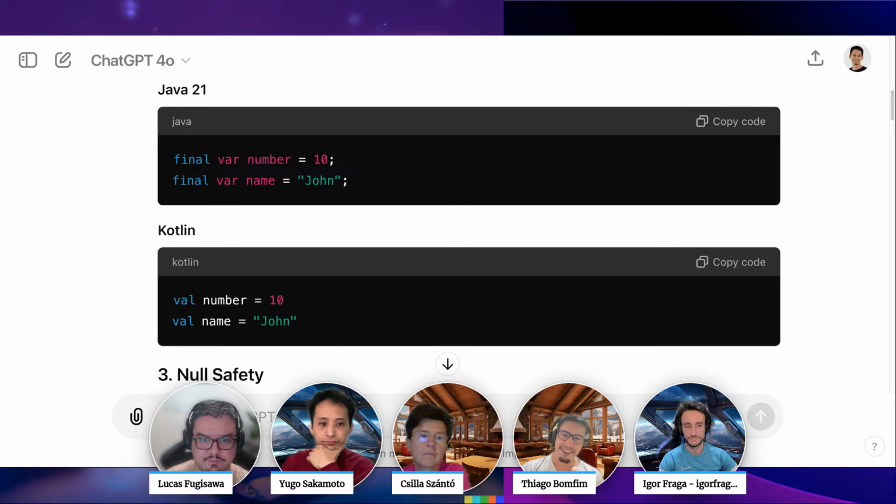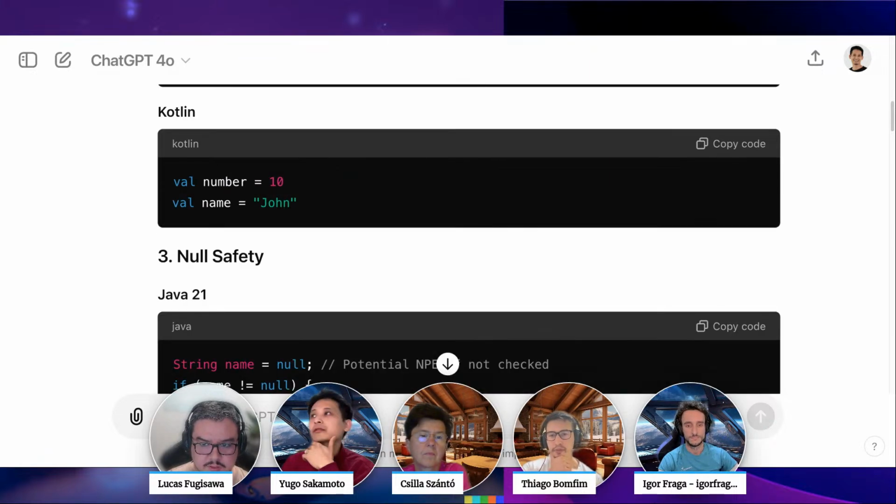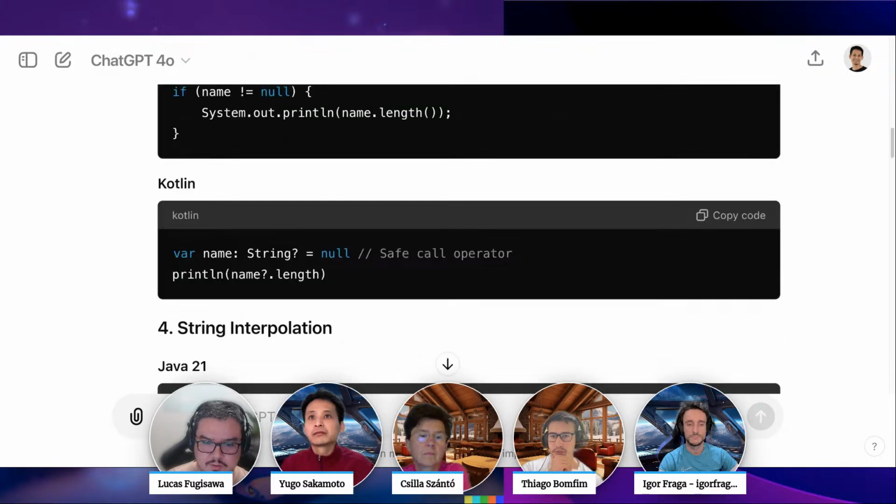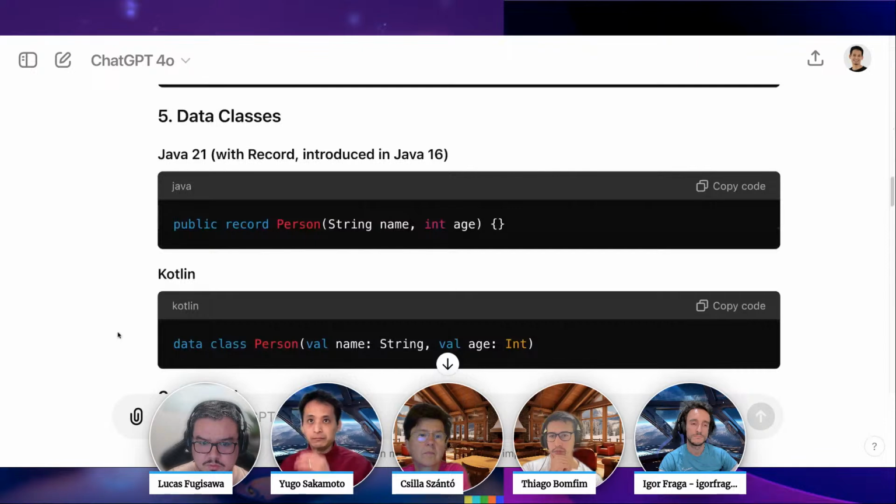We have Kotlin value classes. You can take a look at them if you want. They propose optimization during compile time, and also if you run Kotlin code on the JVM, you can benefit from just-in-time optimization.